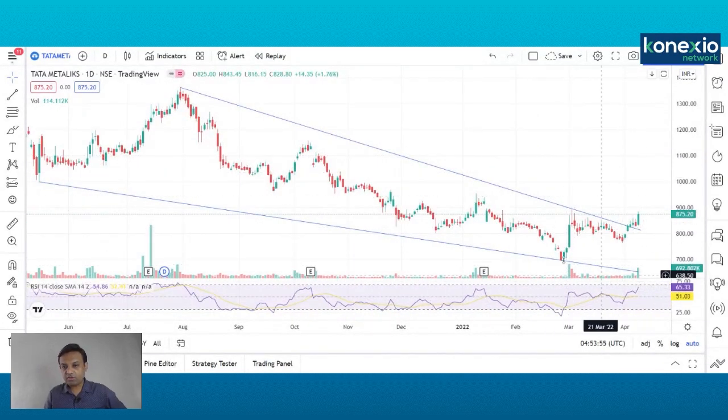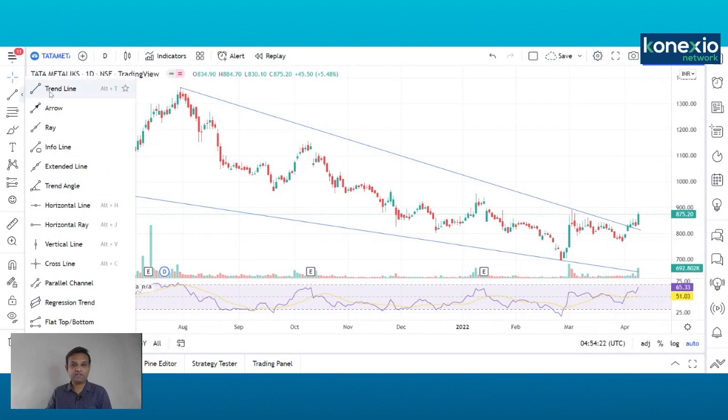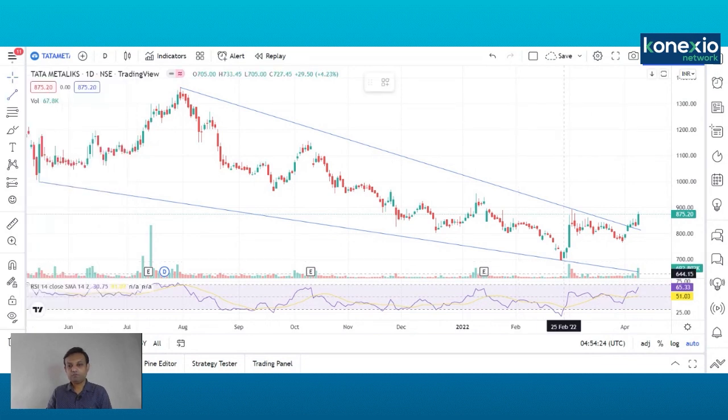From here onwards, the smart money might have been buying or accumulating the stock. You can clearly see a slight rise in the volumes compared to these earlier ticks in the volume. The price was showing strength. There was a correction, but it didn't break the previous lifetime low, I mean the 52-week low. Let me show you the RSI. It is not a positive divergence, but it is showing a positive trend.